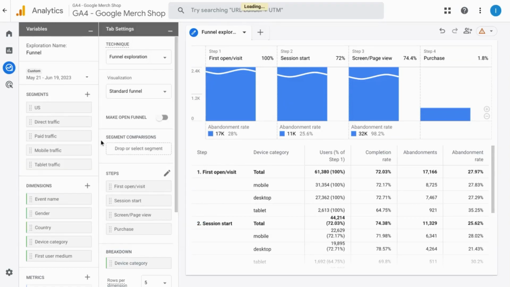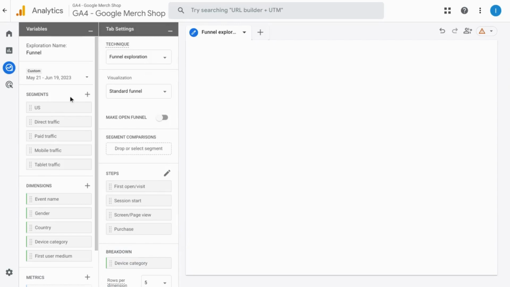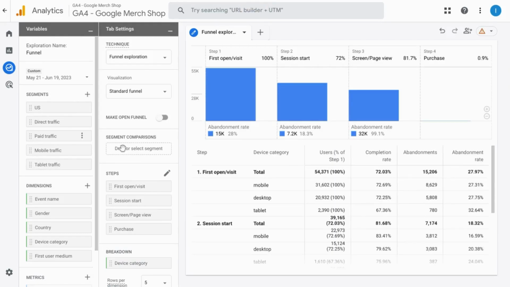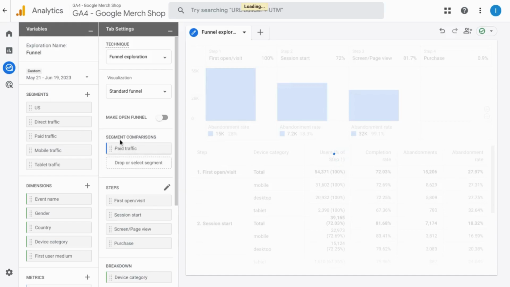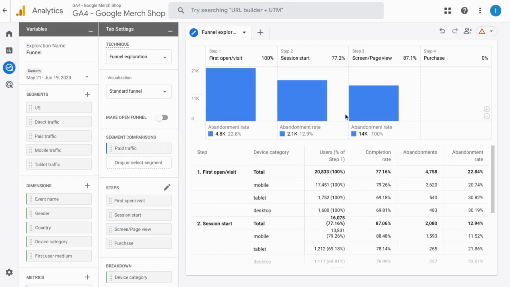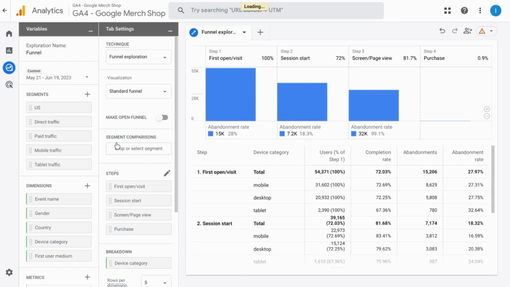Click on apply. You can create a segment or drag one of the existing segments over to the segment comparison. So if we wanted to take a look at paid traffic, we can add this in the segment comparison section, and the report will update so that we only look at the paid traffic. You can remove it by clicking on the X